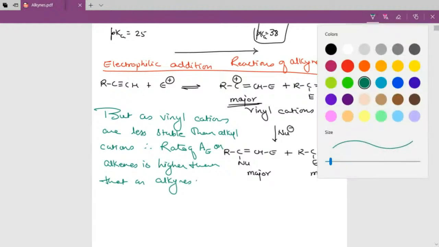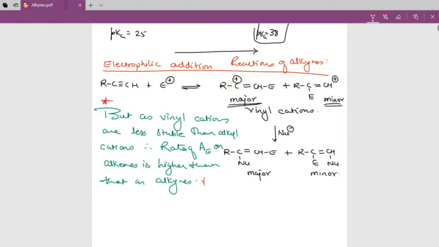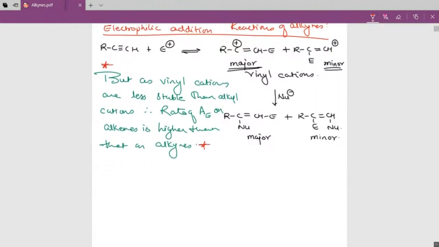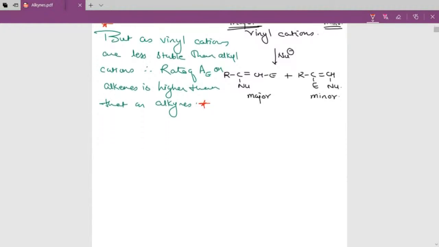Please mark it as important that if you have one equivalent of any electrophile to be added and in